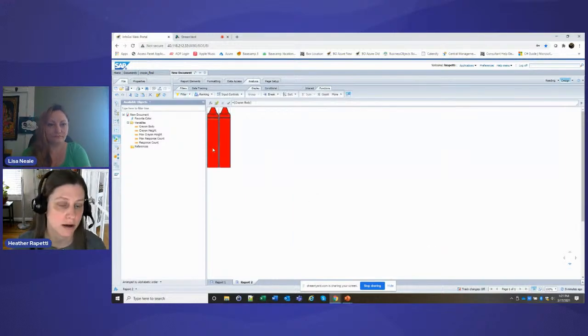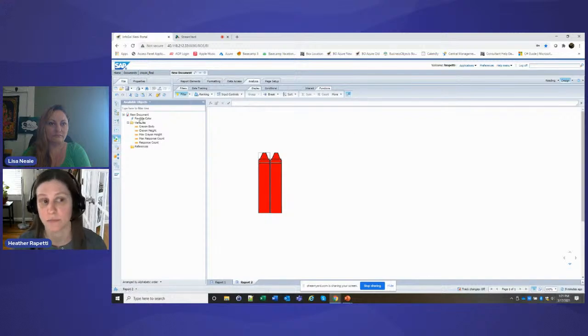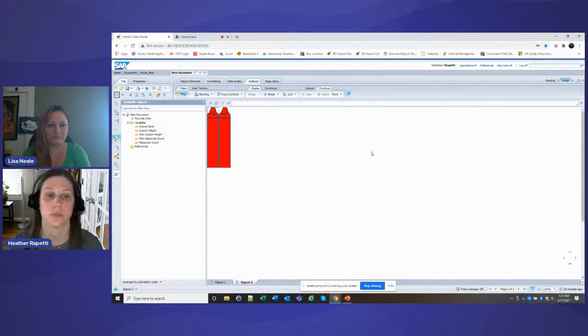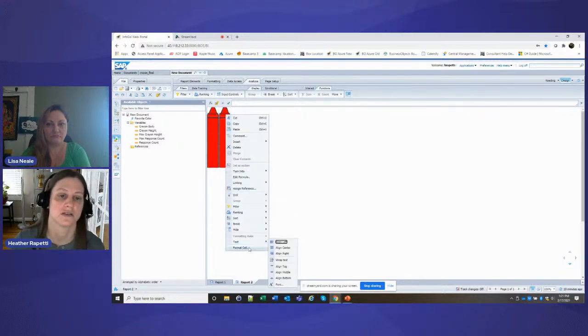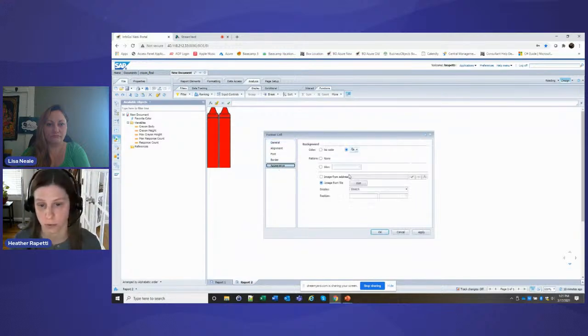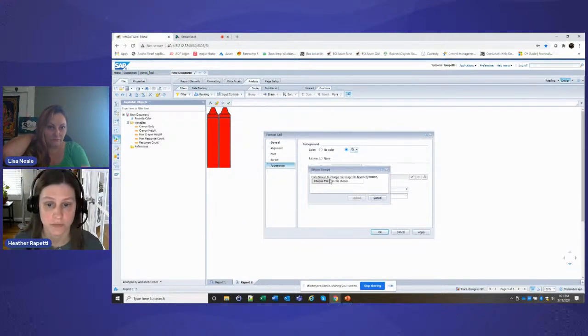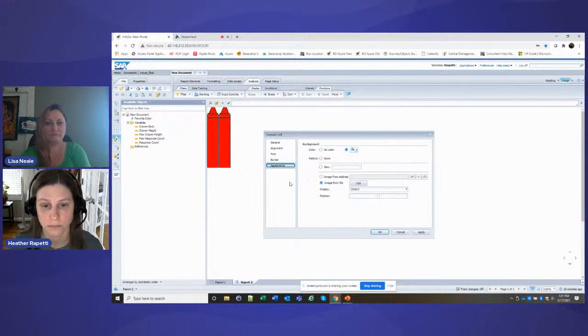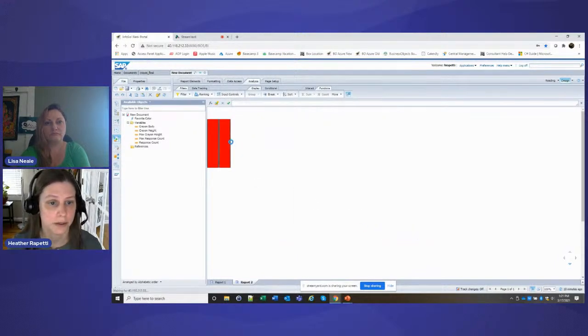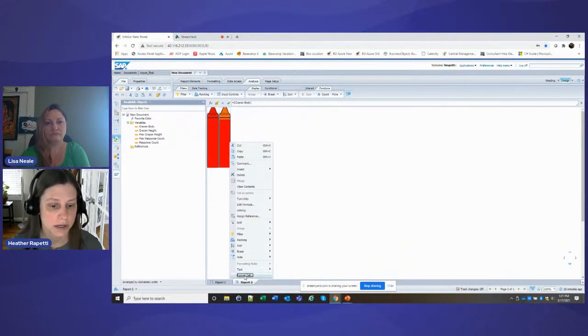Click OK. So now I can come in here and grab this red table and move it, and that moves along with it as opposed to trying to orient it to the report. Okay, so it's red. That doesn't make sense. This is supposed to be orange. So I'm going to come in here and change out the appearance real quick so that this becomes the orange crayon. So I'm going to grab the orange top, click OK, grab the orange body,